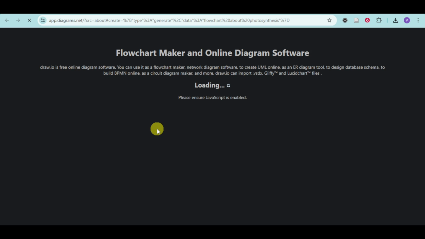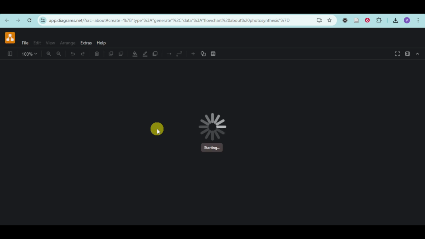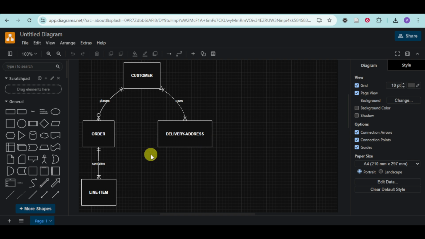Now on this, make sure that your JavaScript is enabled in order to use this particular service. So just wait for this to be redirected into the actual diagram wherein you can see the actual flowchart generated just like that. So as you can see, here is our actual diagram. So for this case,